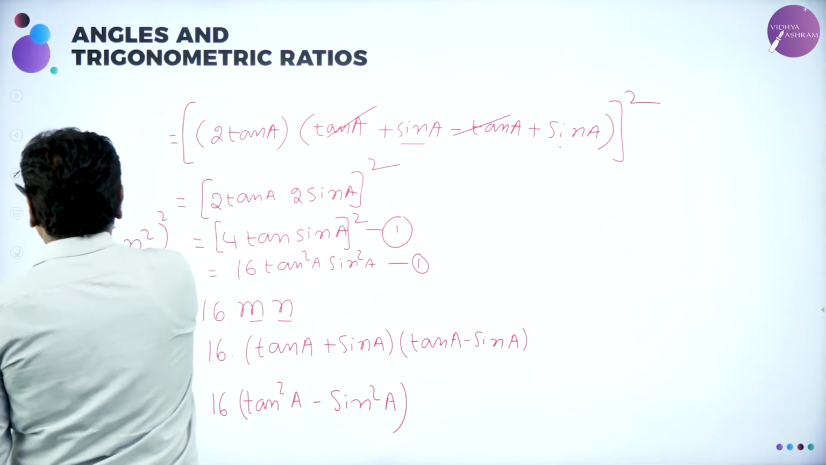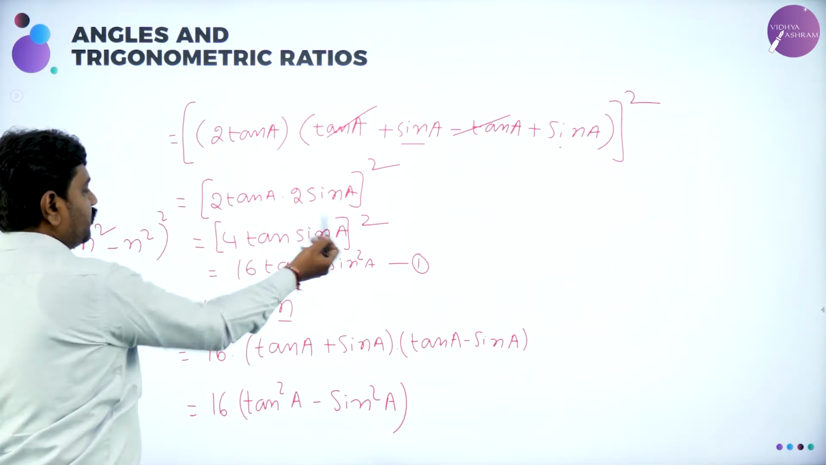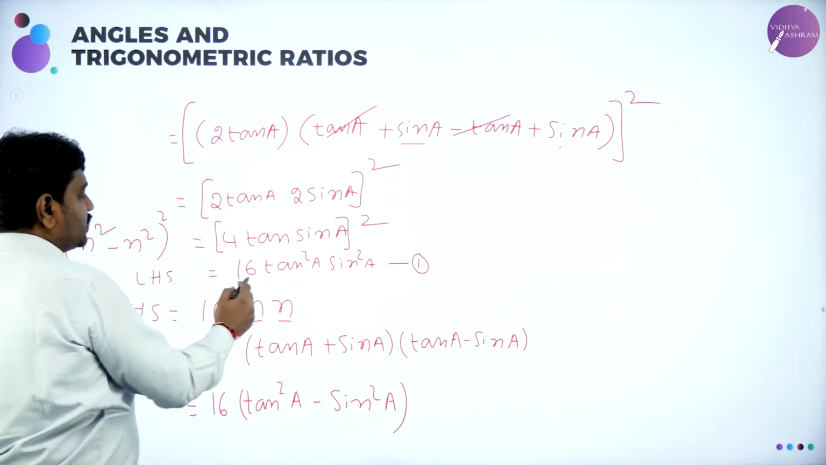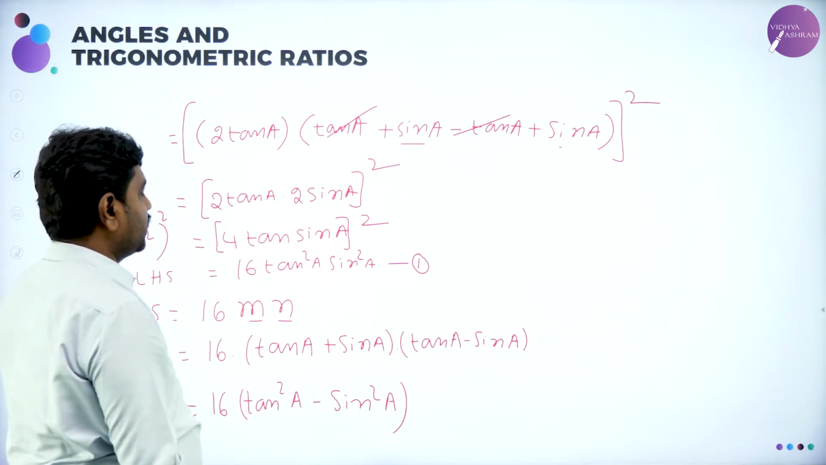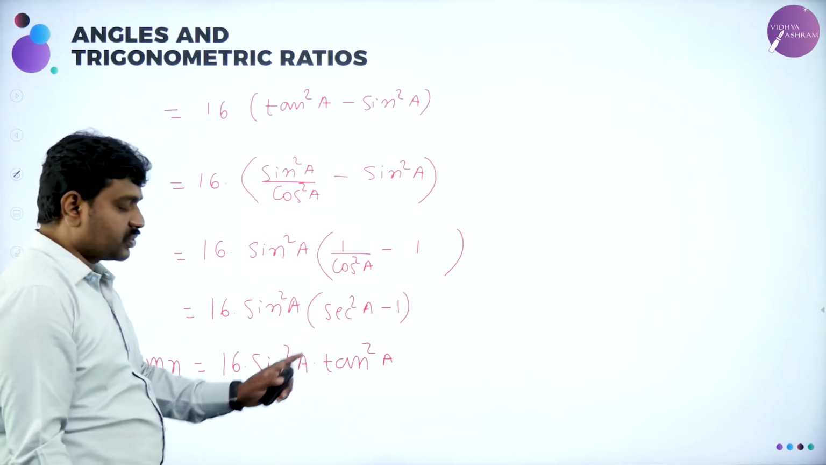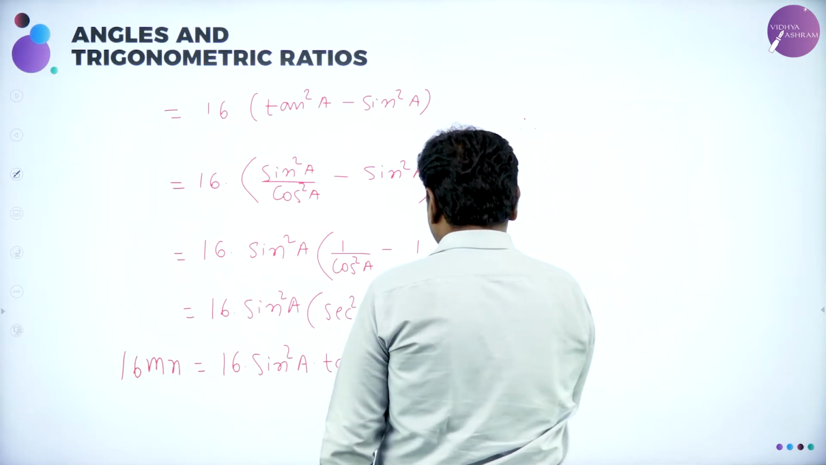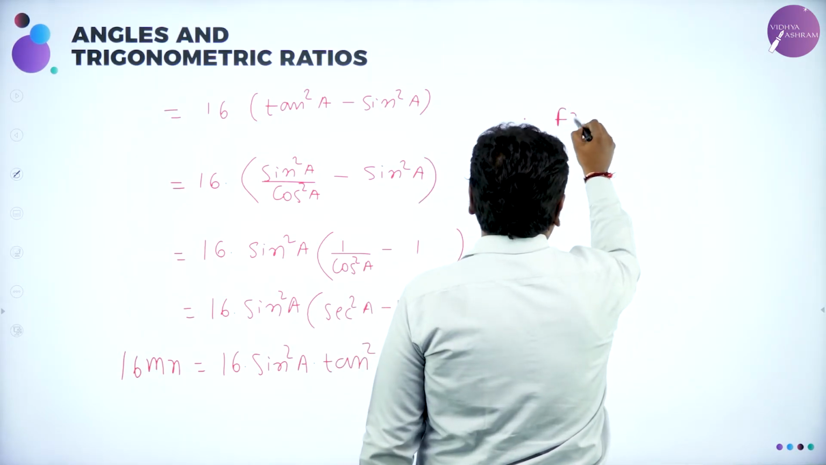Now call this as 1. So if I take square inside, 4 square is 16, this. So your LHS is this, 16 tan square a sin square a. RHS also you got 16 sin square a tan square a. Therefore, call this as equation 2. From 1 and 2,